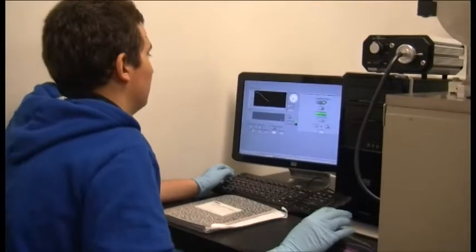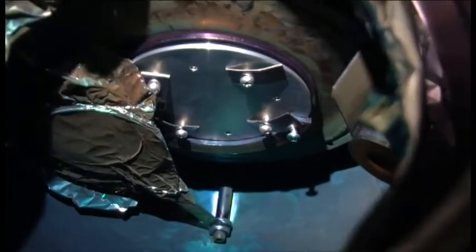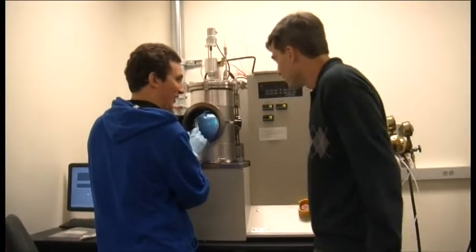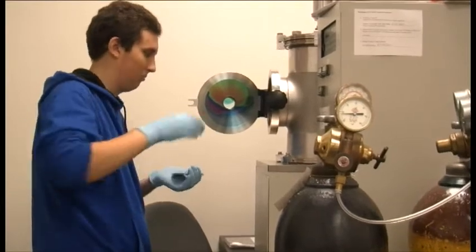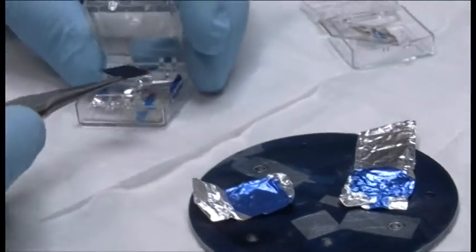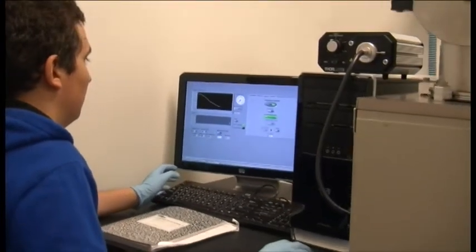The solid phthalocyanine is heated to 350 degrees Celsius and it sublimates, filling the chamber with phthalocyanine gas molecules. Some of the molecules adhere to the gold. A thin film of phthalocyanine is formed that is only a few nanometers thick. If you were to stack 1,000 of these films on top of each other, it would barely have the thickness of a single hair. We discovered that by changing the conditions, we could change the surface structure, or grain size,